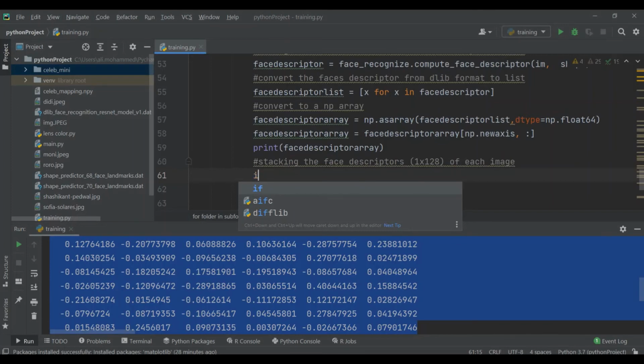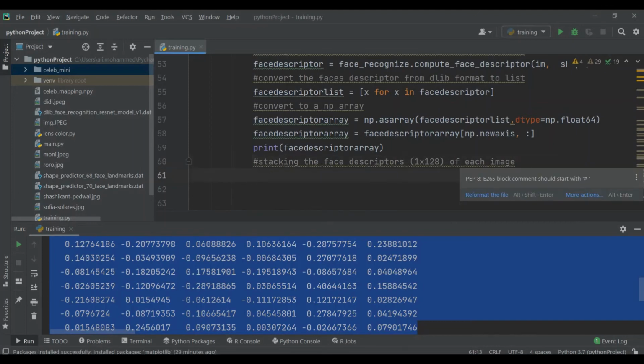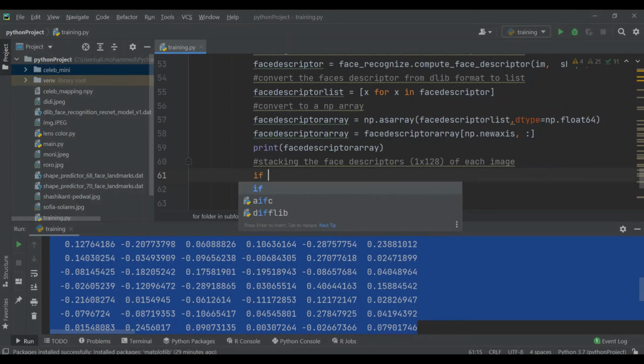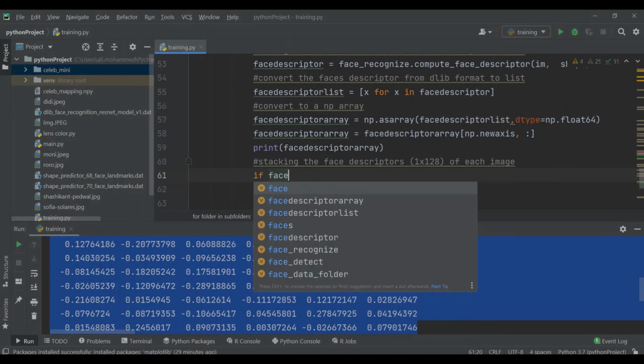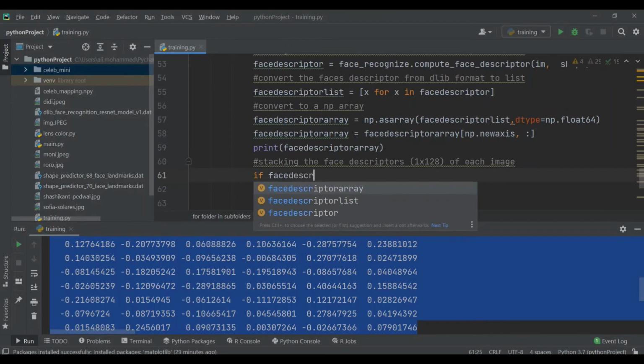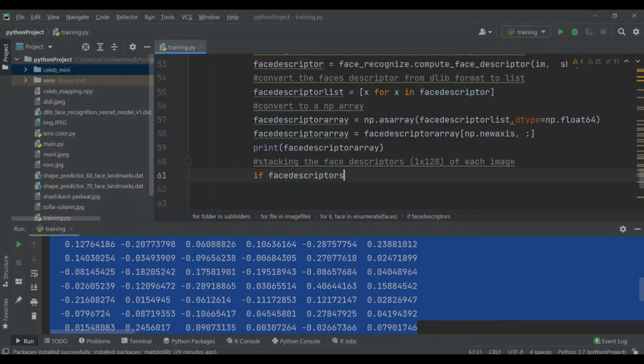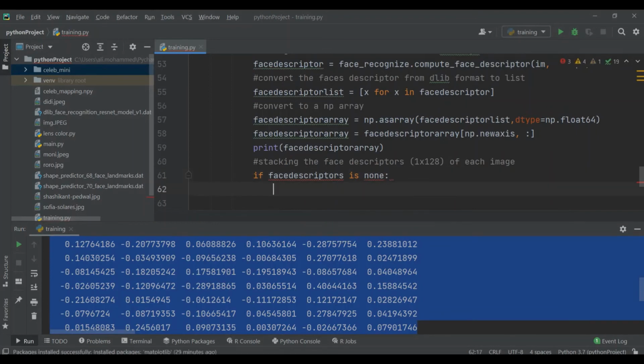Do we need a face descriptor here? Let's see if face descriptors is None. I believe it should be capital. If it's None,